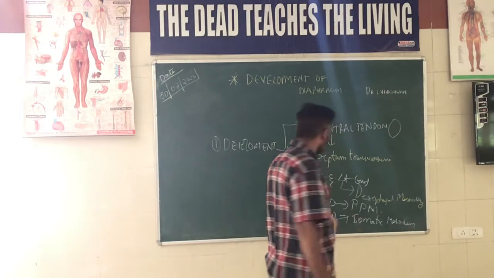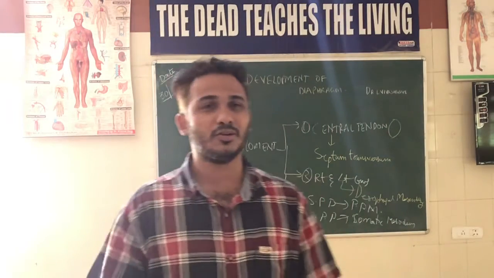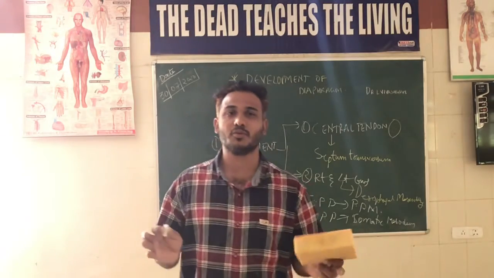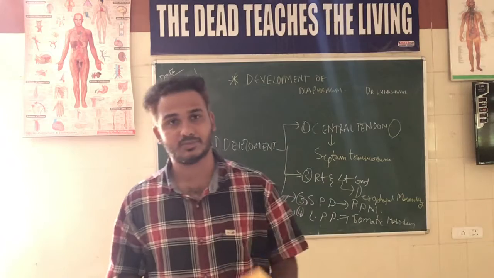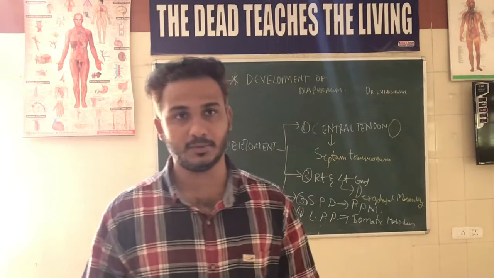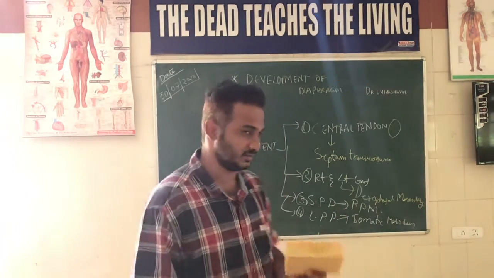So coming to the pleuroperitoneal membranes. The pleuroperitoneal membranes will be on each side. These pleuroperitoneal membranes will fuse to each other and form the small peripheral part, and we have an important applied anatomical aspect here. It is called congenital diaphragmatic hernia.